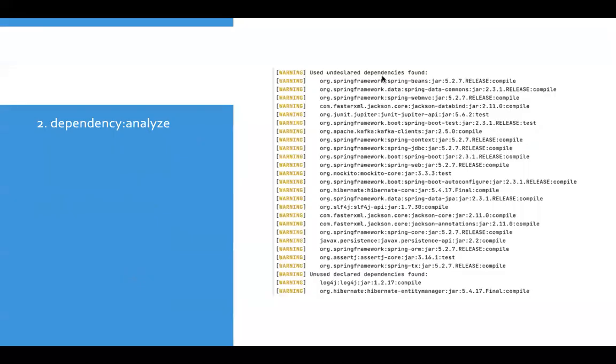So these are the used but undeclared dependencies. That means all of the transitive dependencies that we have. The second kind of dependencies it shows us is unused declared dependencies found. That means we have declared these dependencies, but they are never used in the project. So these are simply overburdening our project. We can simply remove them. So in order to make your build light and optimized, we can use these goals.